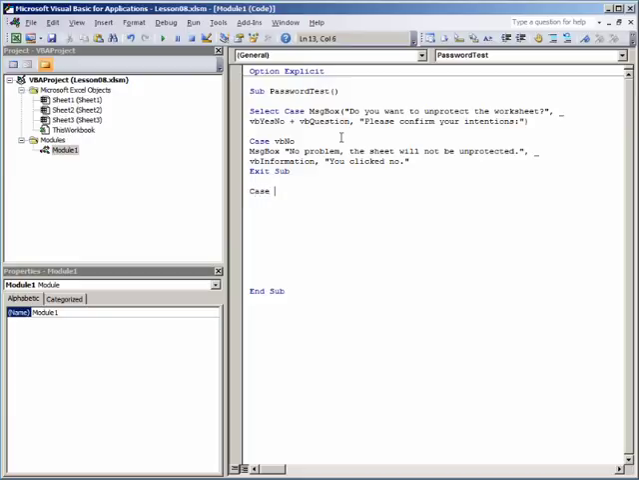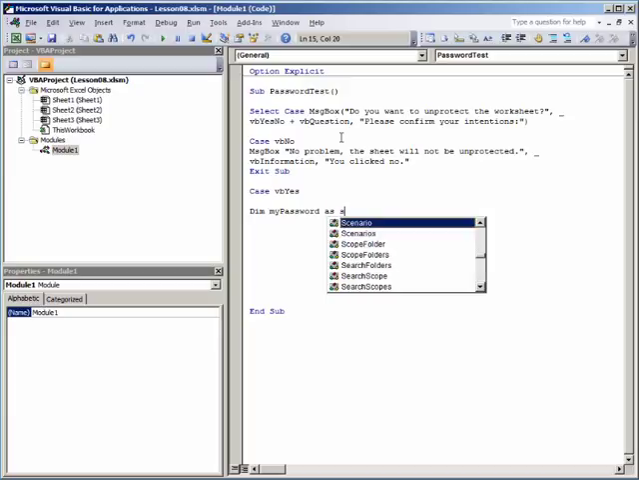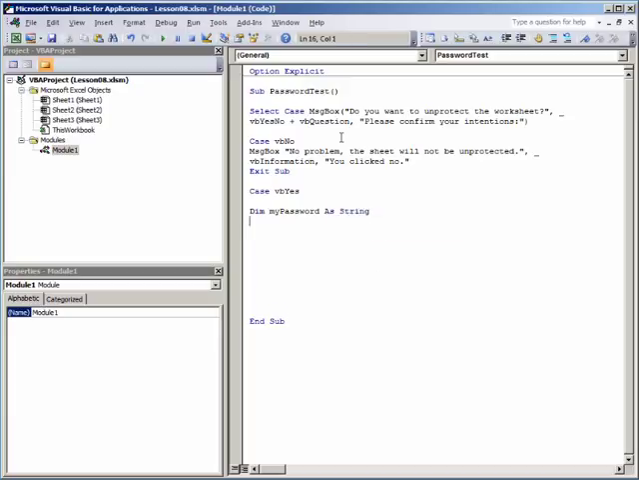Now, the other case is that they will answer yes to the question that was asked on the message box. And in that case, there will be an input box you'll want to produce for the user for them to enter the password to unprotect the worksheet. When you're dealing with an input box, you're going to be dealing with a string, and you'll need to declare a string type variable. So a simple one to declare, let's call it dim my password as string, and set